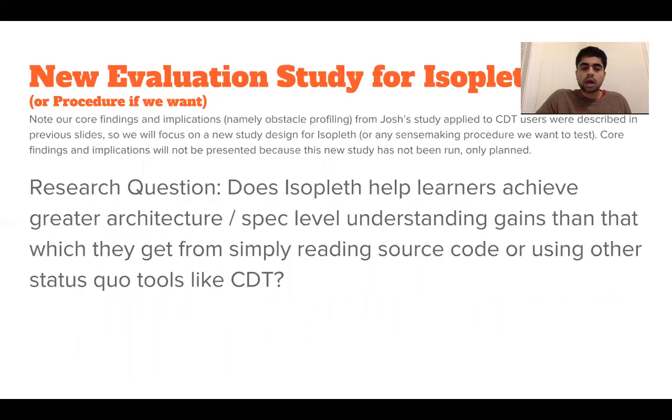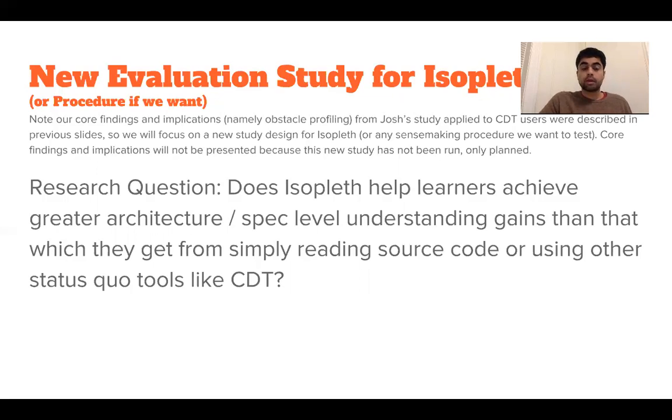Now, I also was asked to pivot a little bit and look more at measures. Think less about intervention, whether we're using Isoplex or a specific procedure that should overcome obstacles in Isoplex and Chrome developer tools. We need a good study to measure whatever the intervention is and whether learning is occurring.